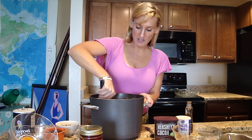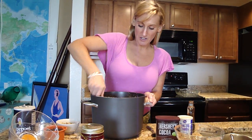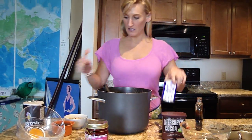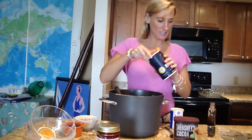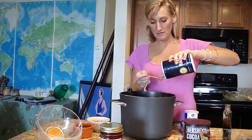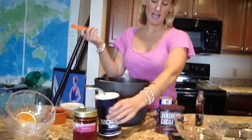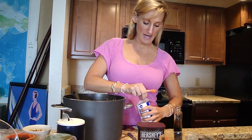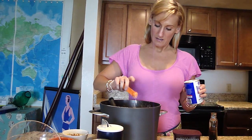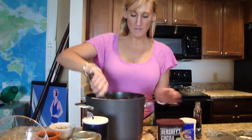And then from here we'll do the dries, which we just did the dry flour. Then we'll do the dry salt and the baking powder. So the salt is 1/2 teaspoon. Oops. Usually just pinch it in there, but since I had to use it for the baking powder, I just use the same for the salt. So now we've got all the dries in. So pretty much once we have this all mixed up,